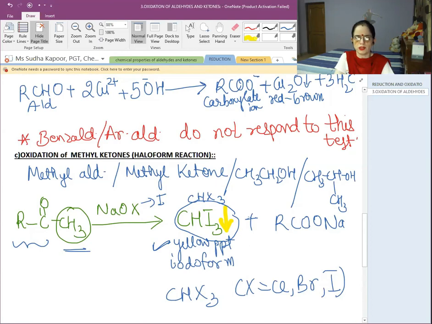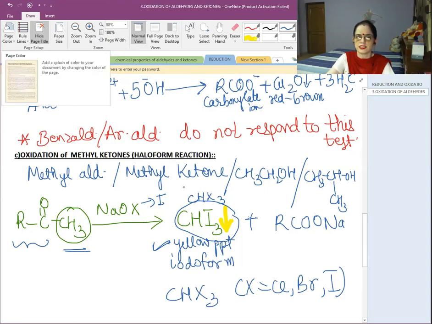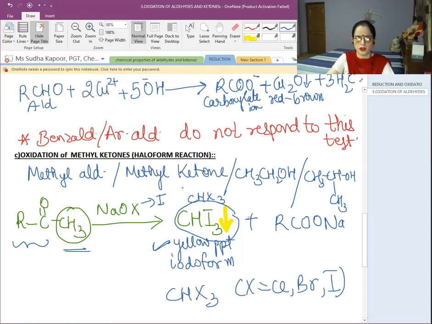So this is all about our lecture number 6, that is the reduction and oxidation reactions of aldehydes and ketones. So we will be meeting in the other lecture covering the other topic, that is the other important reactions and